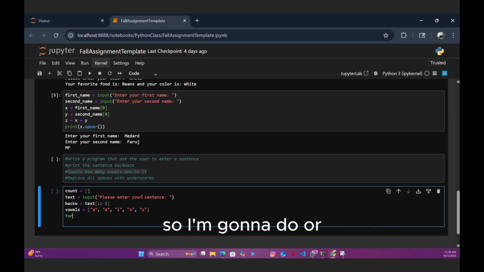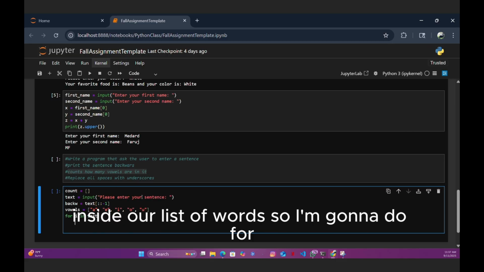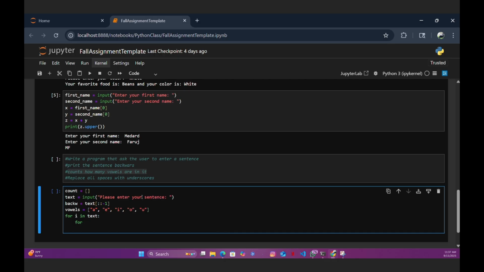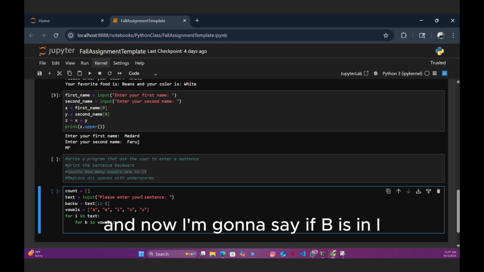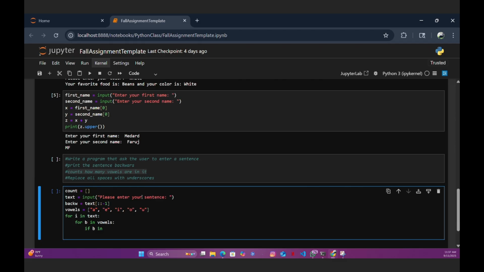So I'm going to do for I in text, but I am also going to look at everything inside our list vowels. So I'm going to do for B inside vowels, and now I'm going to say if B is in I,